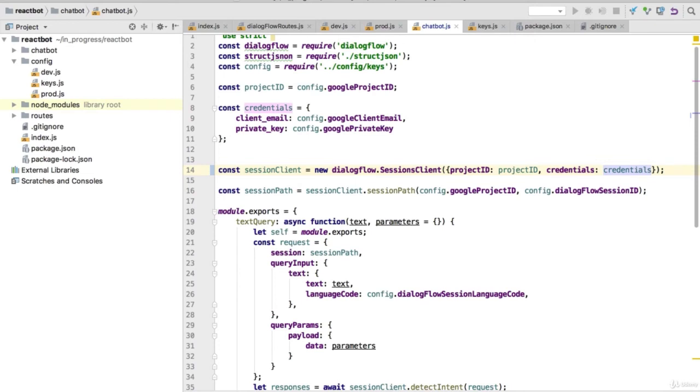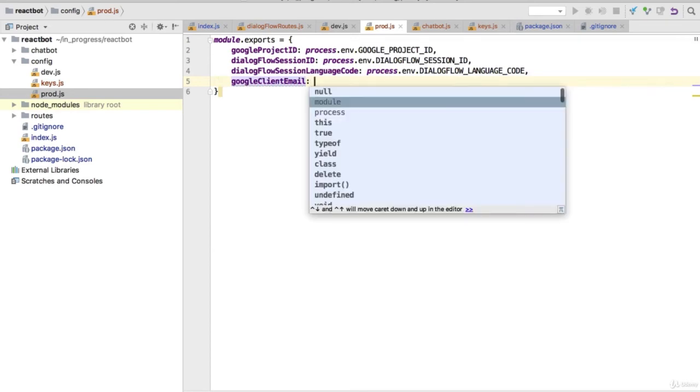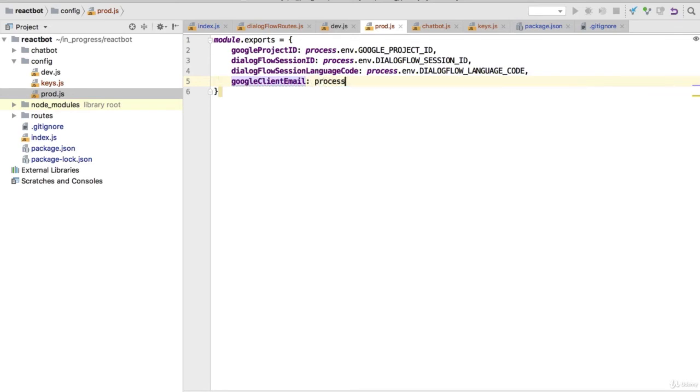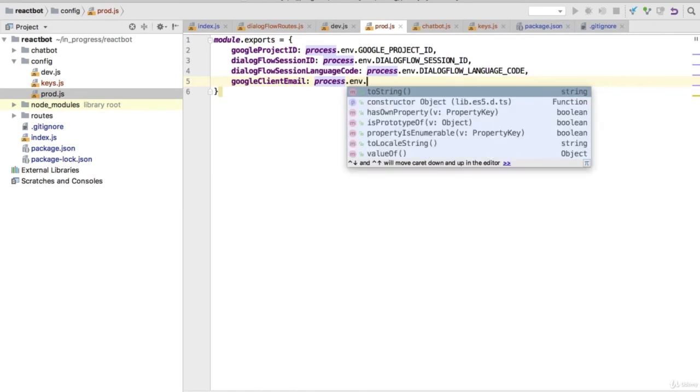The benefit of passing credentials in this way is also that we don't have to set Google application credentials on the local machine, while the configuration will be safer on the server. All the configuration will be in environment variables, none in the files. And we did not yet add the two new variables to Heroku. First add them to prod.js. First one will be Google client email. And now the Heroku variable name,